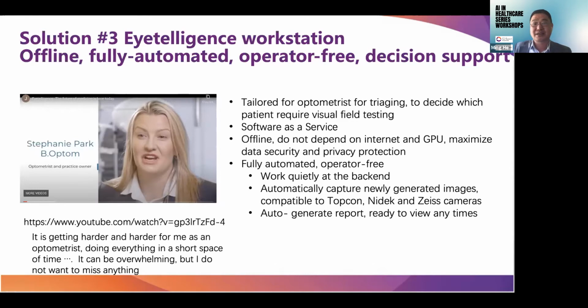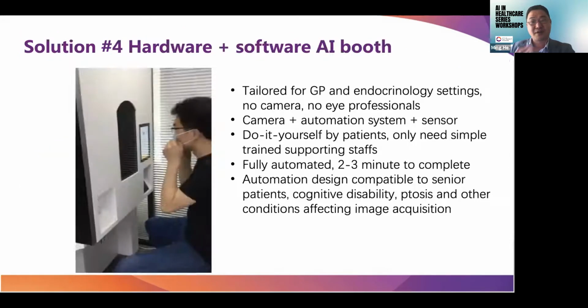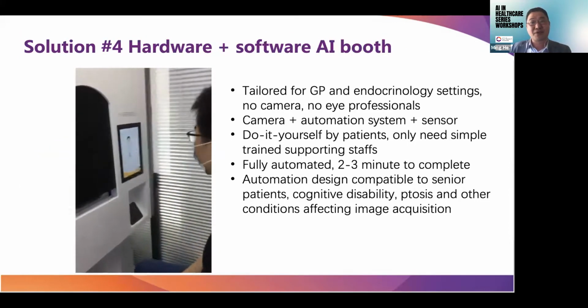We connect this SaaS AI system to the fundus camera, and then it's fully automatic. It doesn't require optometrists to do any additional manipulation. Whatever image you take, we'll generate the AI report for you. So it really helped to standardize the practice in the optometry setting, and also help them see more patients without fall. So this is another example of